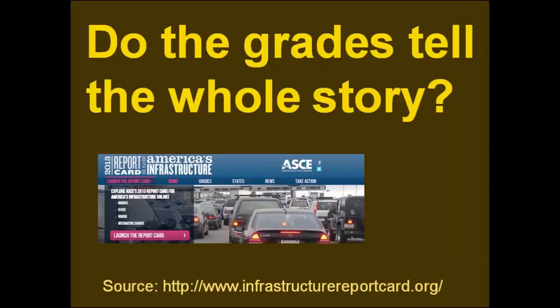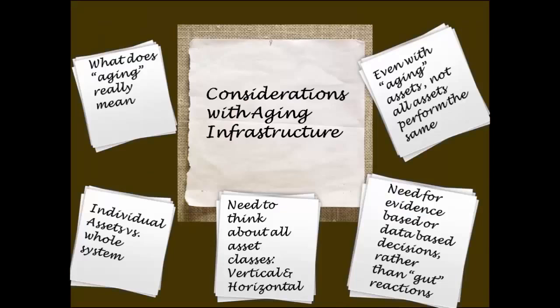So maybe the best way to think of the D is we have still been providing a good level of service, and if we want to continue to do that, we really need to look at our infrastructure and see what we can do to ensure that it will meet our customers' needs. So when we think about aging infrastructure, a couple things that I want to talk about today is,